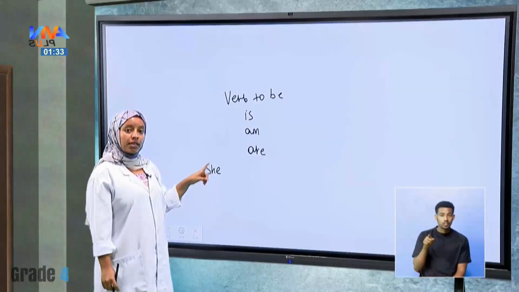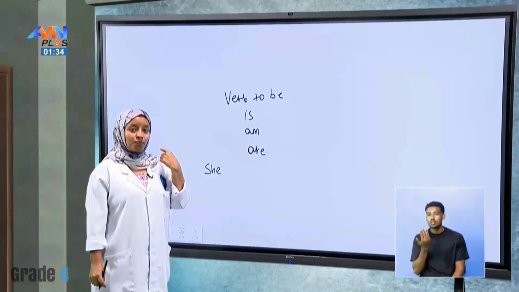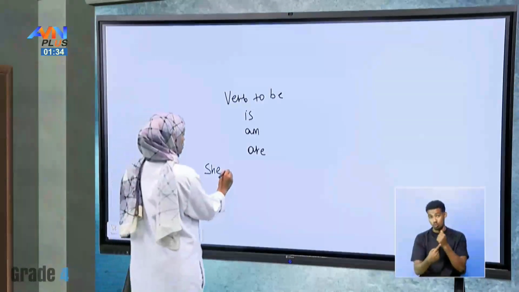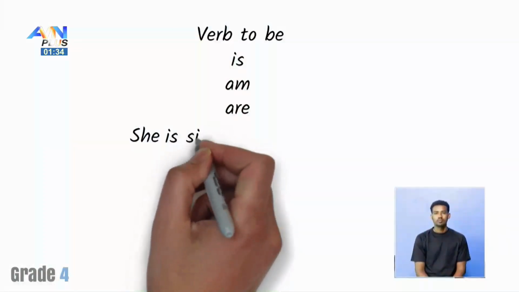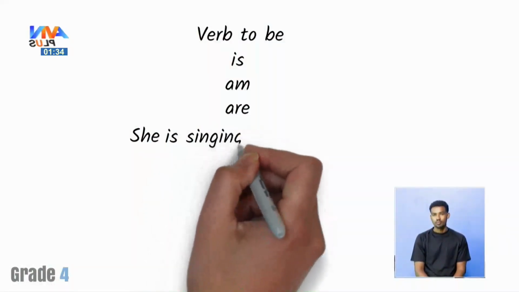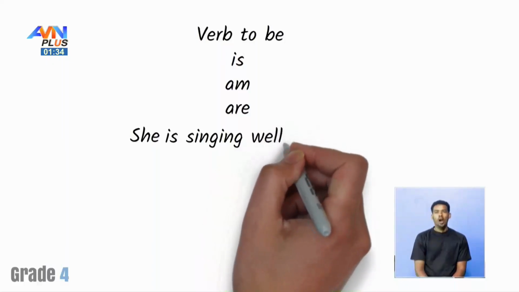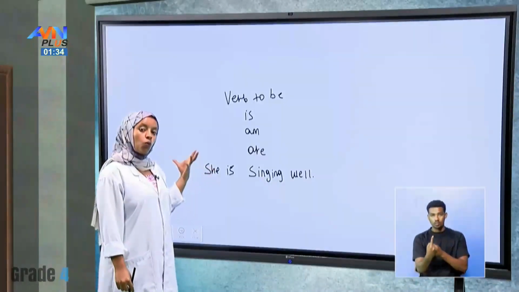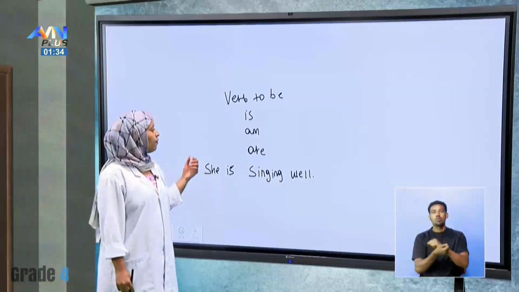What is singular subject? So she is singing well. Is is used with a singular pronoun or subject. For example,